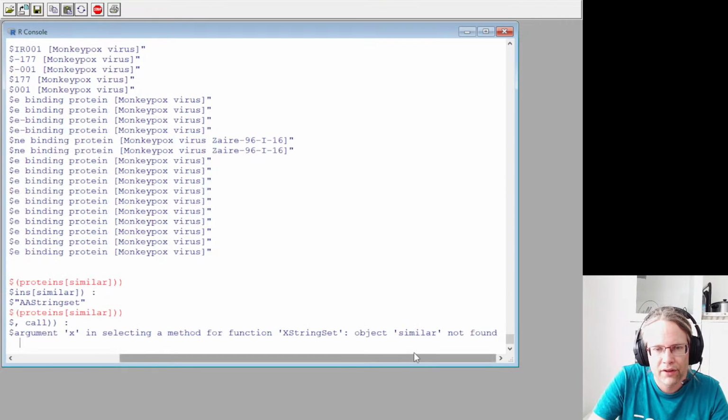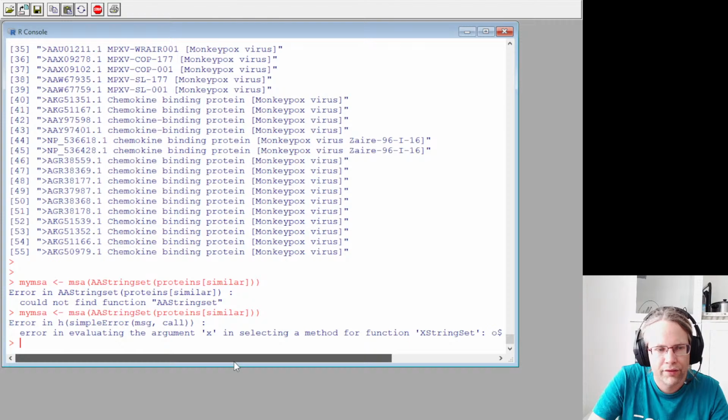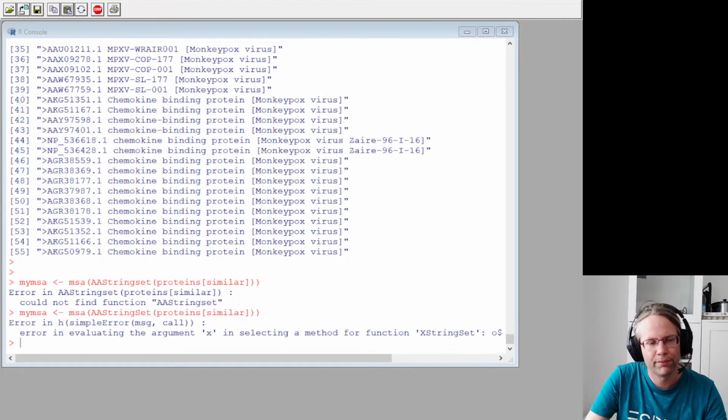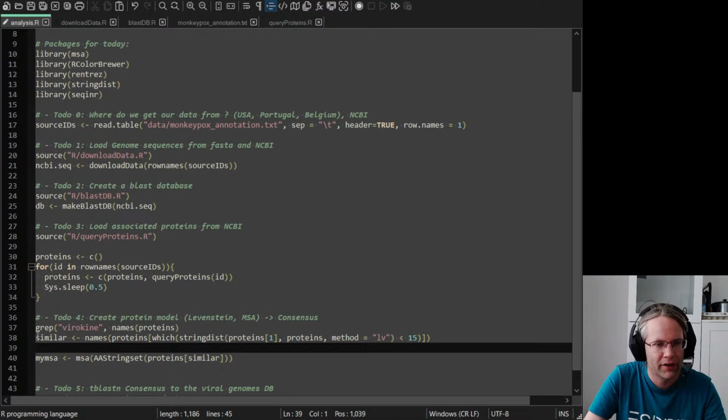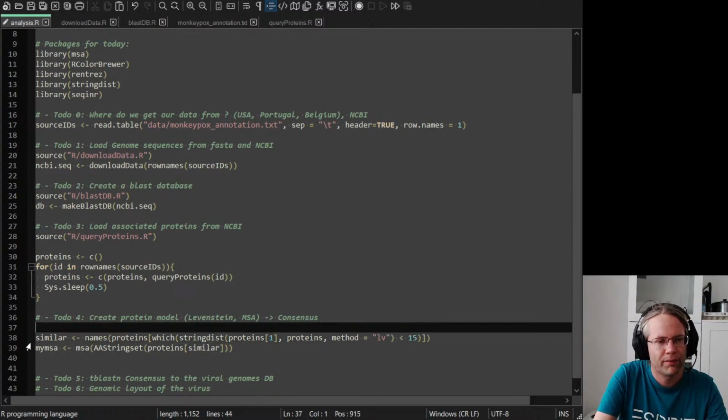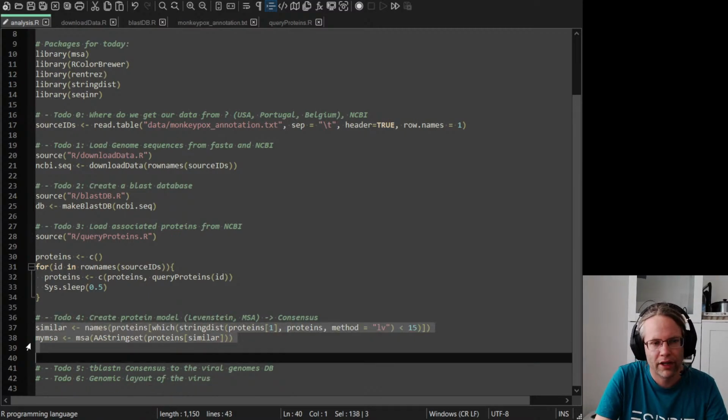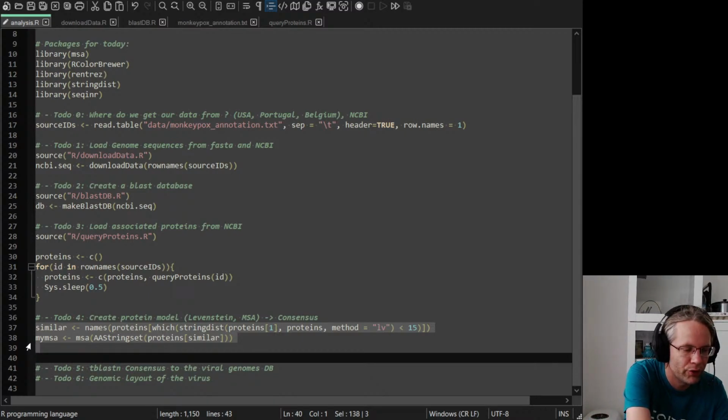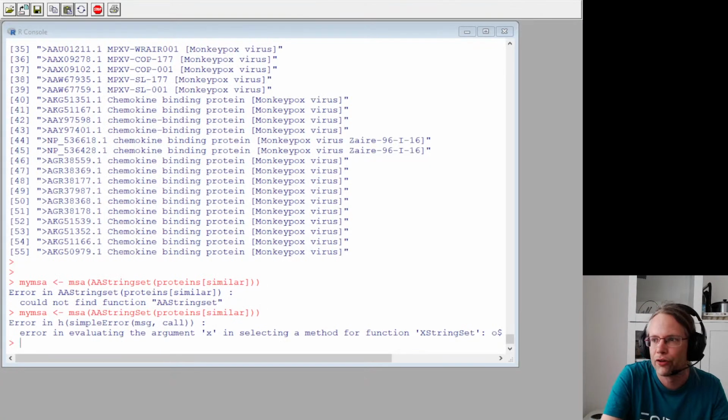Selecting a method. Object similar, not found. Oh, right, because I didn't save it. So let me go back to Notepad, make sure that I grep. So let me delete this one. So let's first find all of the similar ones, and then we use those to build a multiple sequence alignment tree. So we go to our GUI,